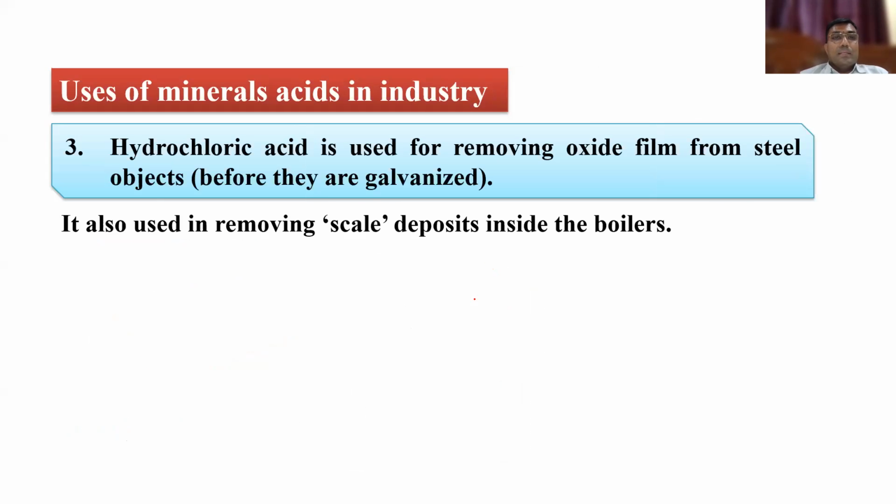And you know very well, HCl is used to remove oxide layers, okay? Because you do galvanizing. You know why you do galvanizing? What is galvanization? Zinc is coated on iron. Try to understand. Iron has a property. What is that property, students? Corrosion. For example, if you have iron, right?